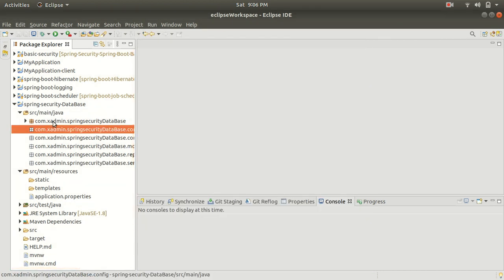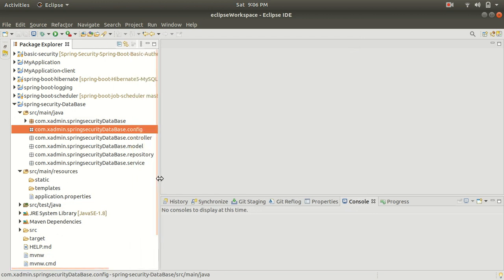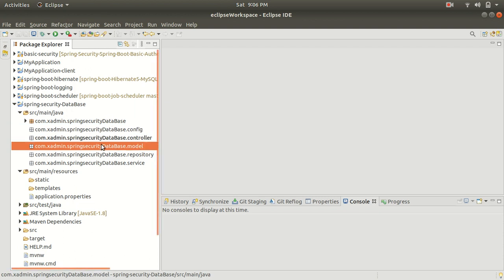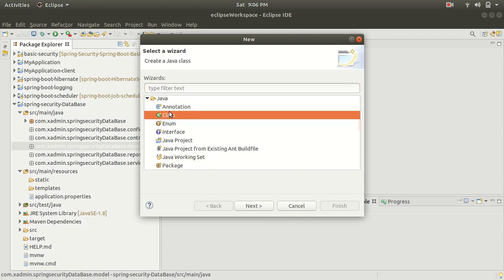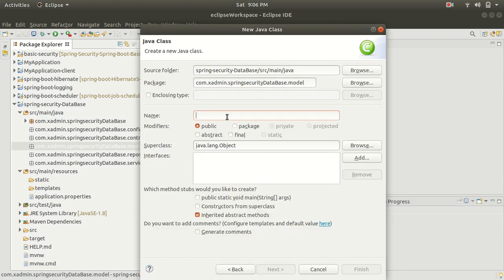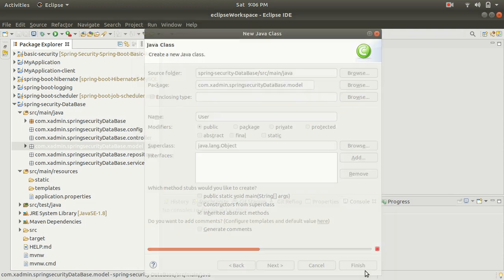Alright, so these are the packages I have added to my project. And now guys, I am going to create the model class. I am going to create the user class, and the user will contain information like user ID, username, password, and email. Alright, so inside the model package, let's create a class with the name User. Finish this.